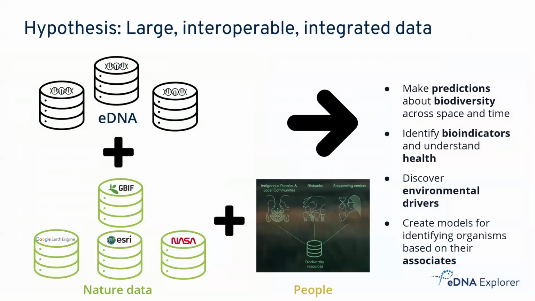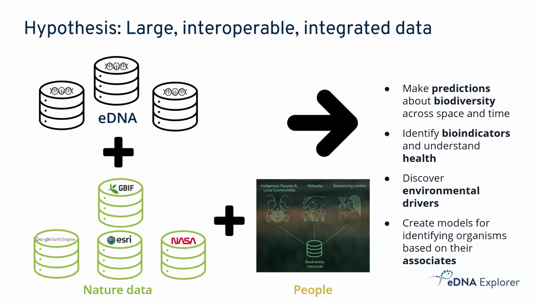And so this really is sort of testing the hypothesis that if we make large interoperable integrated data, it will be something that everyone will want to use. So we can take eDNA, GBIF data, everything available from Google Earth Engine, Esri, NASA, plus all the knowledge and contributions by people that really need that local information, the local sequencing efforts for making your reference databases, go take your drinks,